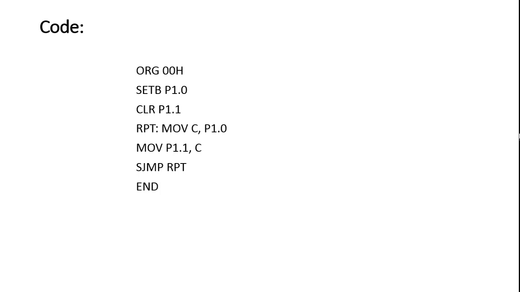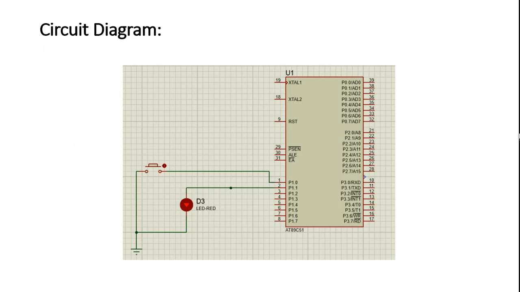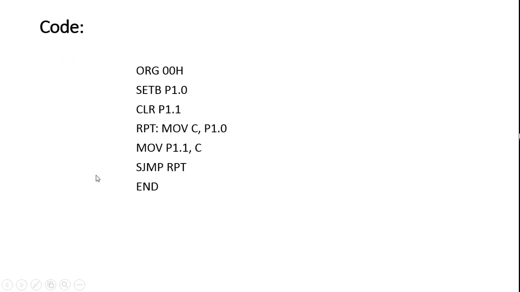So in our case, we are only using one pin, and if you see here, we are using two pins of the same port. The first pin we made an input and the second pin we made an output. So this is what you can do with the microcontroller. So in the second line, CLR P1.1, we configured the second pin of port 1 as our output pin.